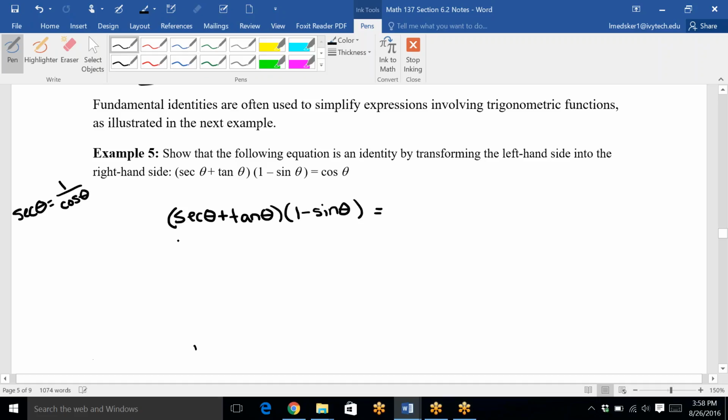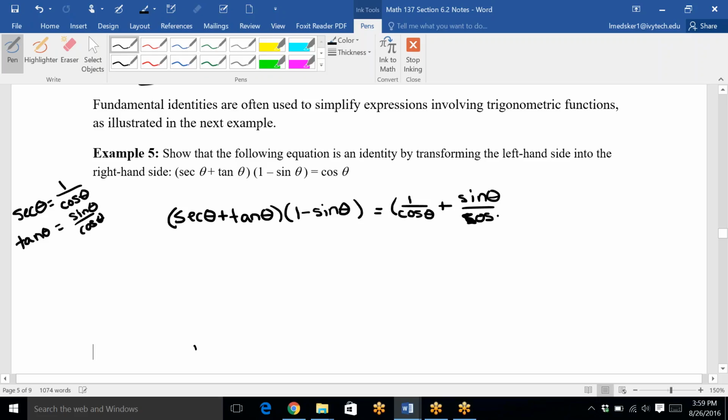So I could replace that as, let's just do it over here. That would be 1 over cosine theta, and tangent theta, this is the second identity from the chart, is sine theta over cosine theta. Okay, so that's good because we're going to get a common denominator by doing these two,